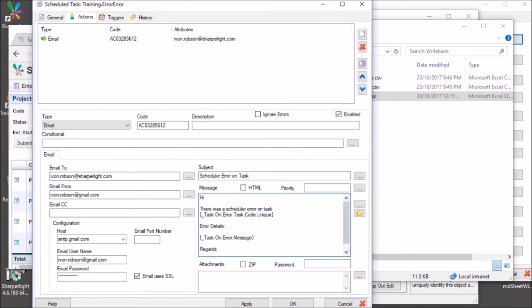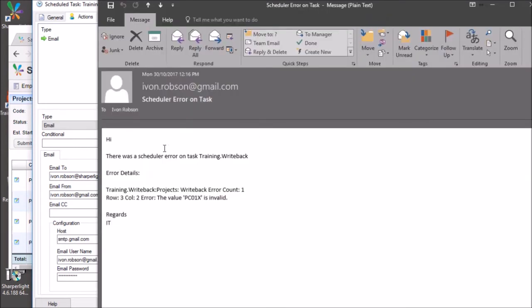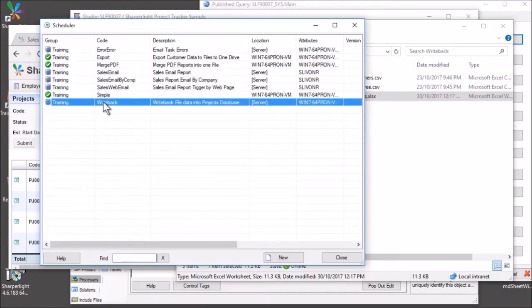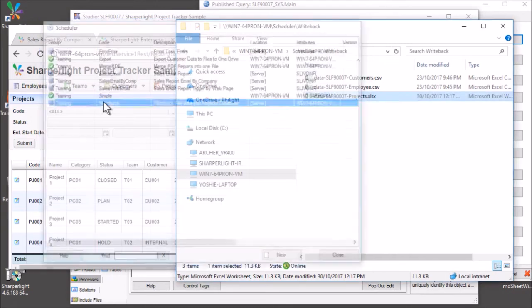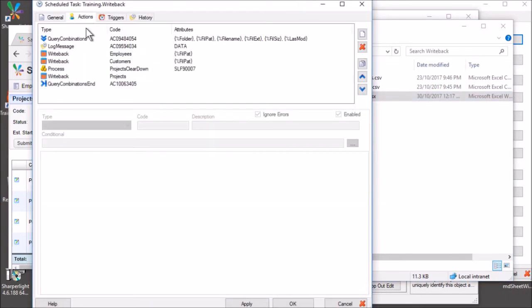Let's have a look at the email that was sent when this error was raised. Here's the email that was sent out when that error failed. So we've got a simple message with the details that there was a particular code that failed. I've now corrected the error, so we can move on to the next part of this writeback, which is the